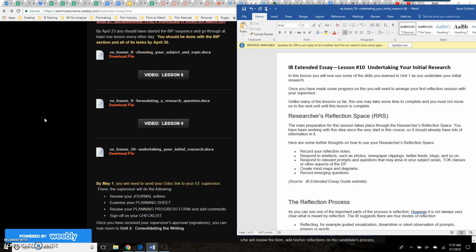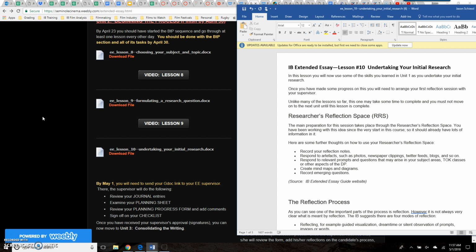So supervisors are going to be looking at how well you've been following directions through your first 10 lessons. And they're also going to be signing off on your work. And if they don't sign off on your work because you haven't done the work or you haven't done it in the way that we've asked you to do, you can't move on. You can't start writing your rough draft because we have no evidence of you doing the work if you don't provide it to us. So make sure that you follow the directions within each of the lessons,